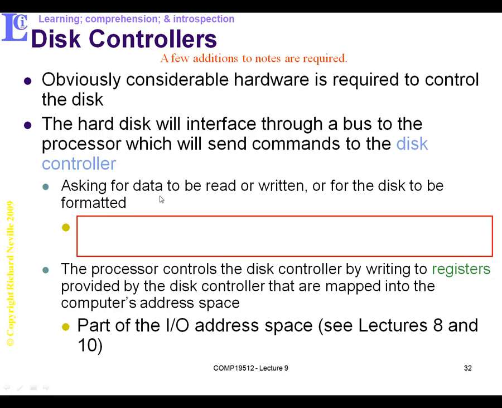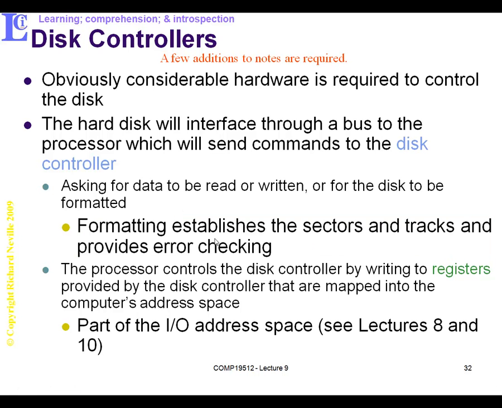So first we have to ask, or the processor will, for the data to be read or written to the disk. One of the first things we might do when we initially use the disk is format the disk, which we've seen is laying down a particular pattern of tracks and sectors in a particular topology on the disk surface. So formatting is the first thing that establishes on the disk surface the location and the addresses of these sectors and tracks